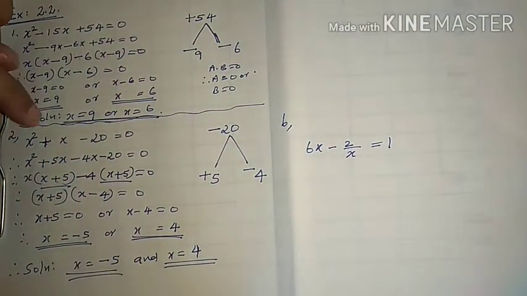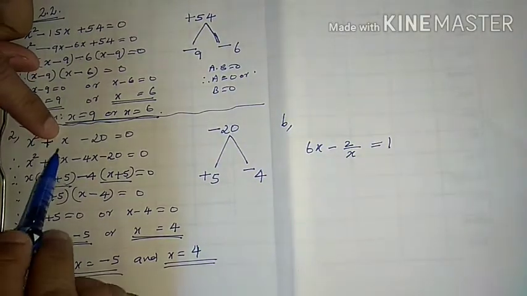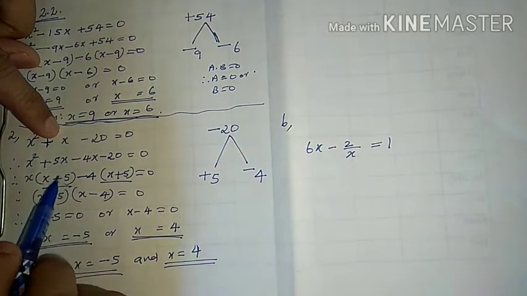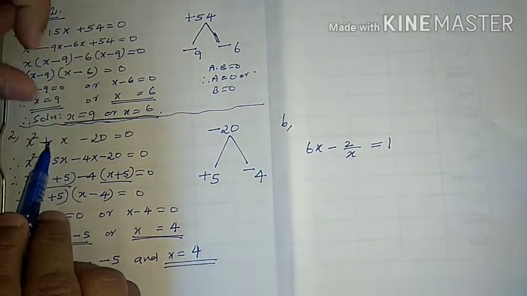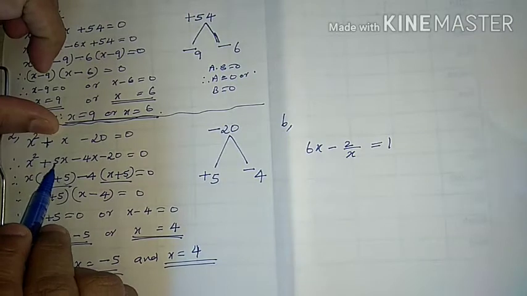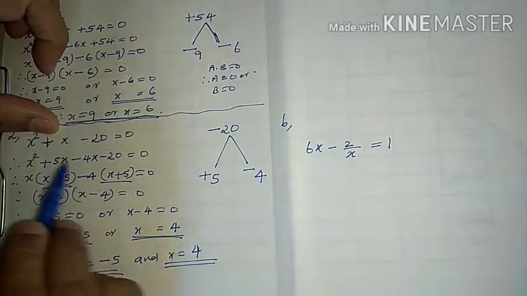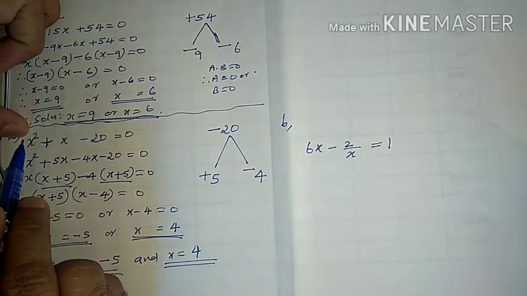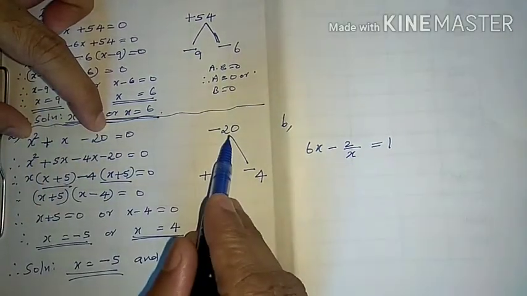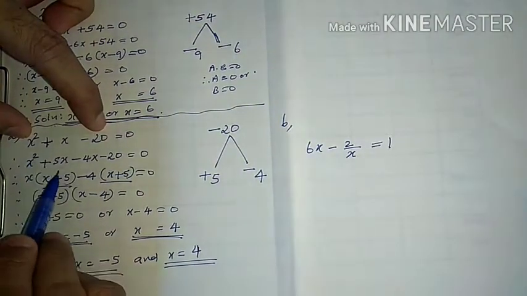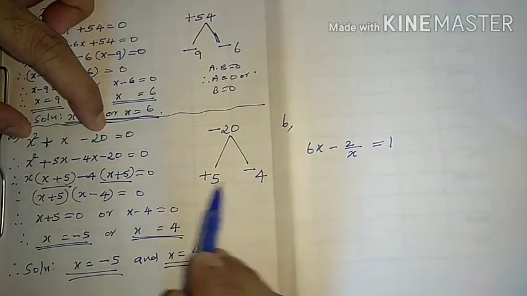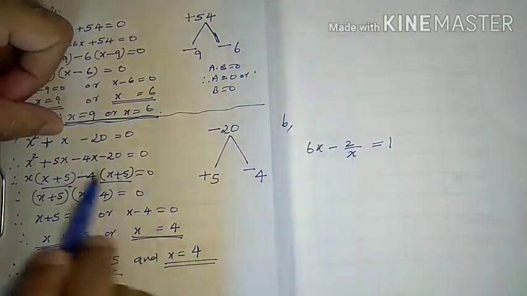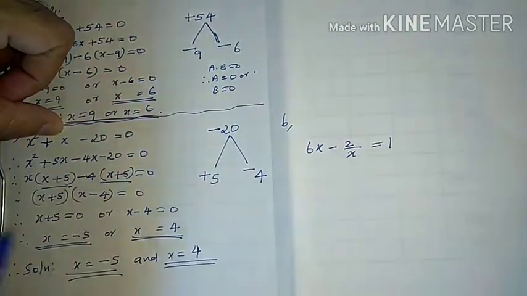Here also what we do, middle term we divide it. Divide in the sense, that is group it. Split it to two terms. The plus 1 changes into plus 5 minus 4, so that addition gives us plus 1. Product gives us product of extremes, product of first and last term, minus 20. Splitting the middle term like this, plus 5 minus 4. Product is minus 20. Addition is plus 1 time this x, 1 time x, 1x.